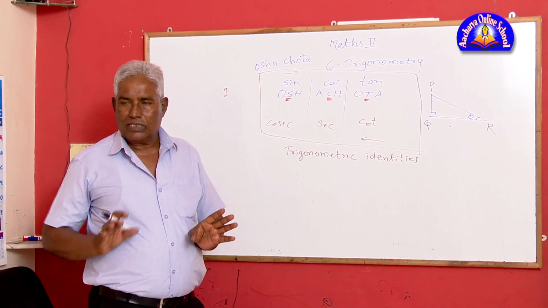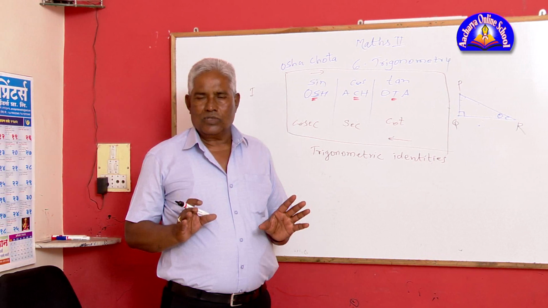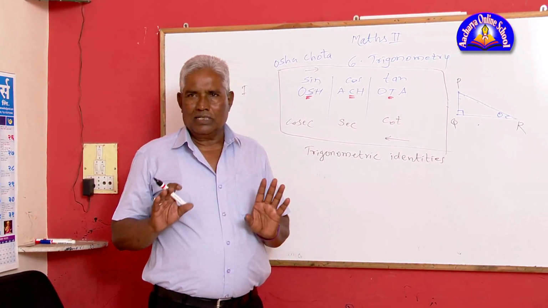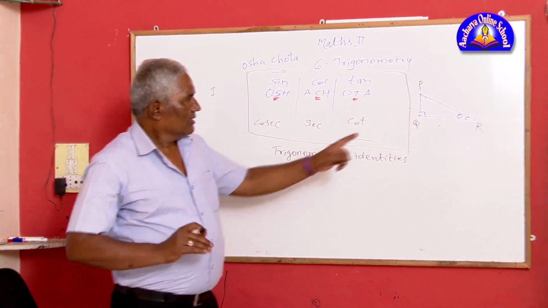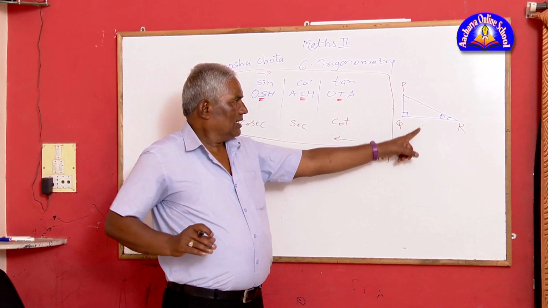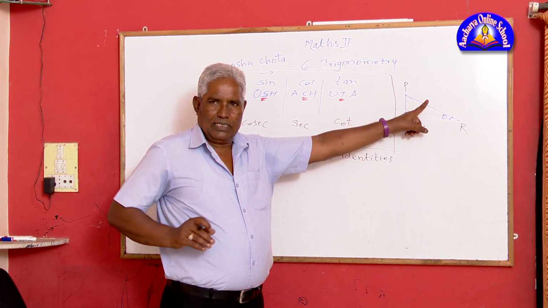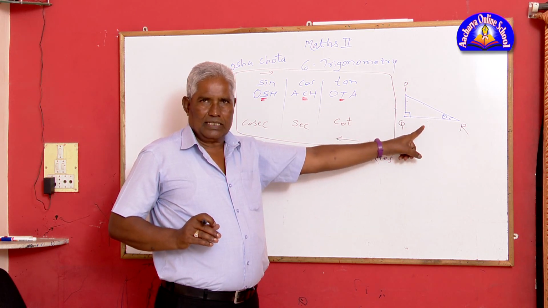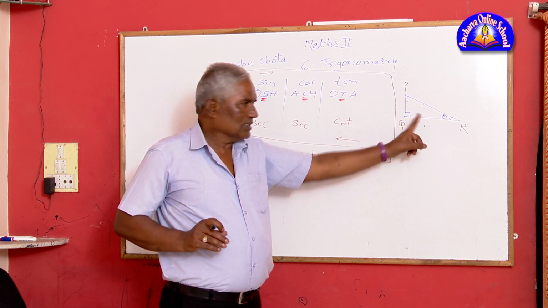2300 years ago Pythagoras discovered this formula, and till today we are using this, and till the end of the earth this will be used all over the world. The Pythagoras theorem is that in a right angle triangle, the square of the hypotenuse is equal to the sum of the squares of the other two sides.